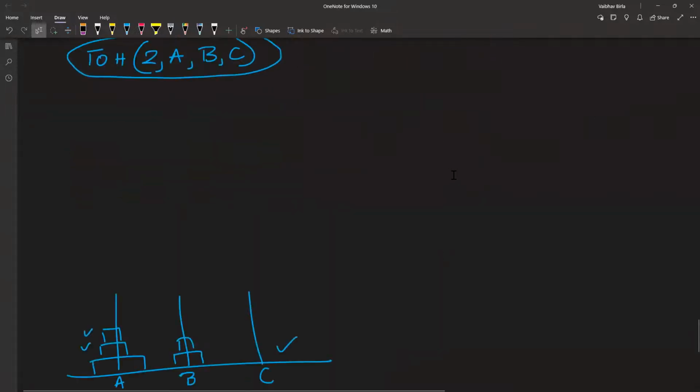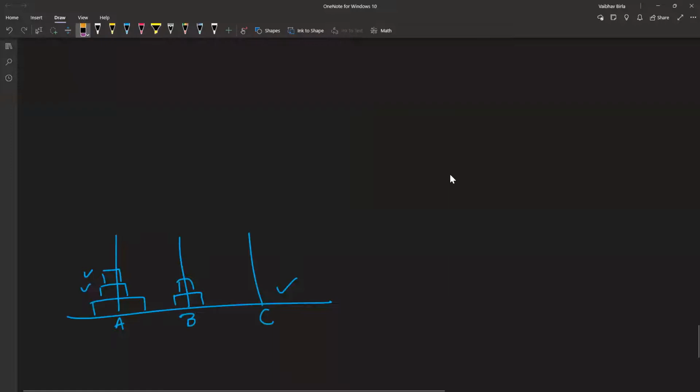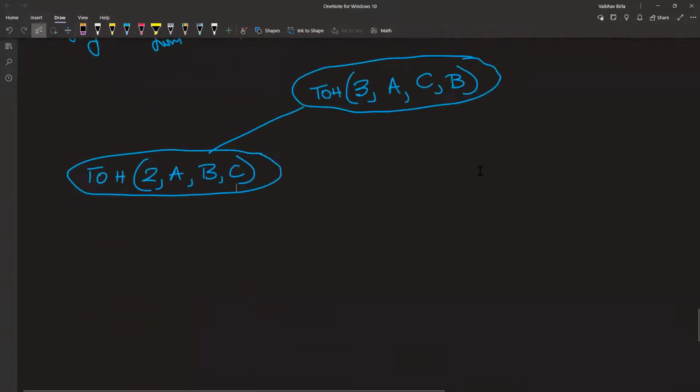Right? Now, what is the next thing? The 2-disk problem will make its own call. What will the 2-disk problem do? It will make 3 single disk calls, right? So it will call firstly,